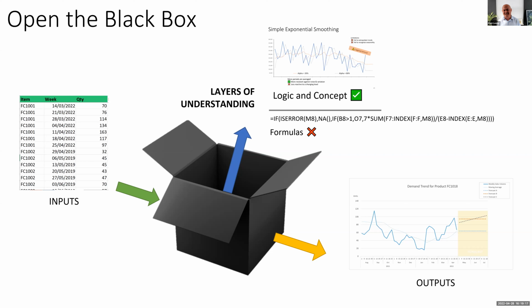But what I'm suggesting is that that's not enough. A lot of us have systems that perform a type of black box function, whether it be MRP, advanced planning and scheduling, or anything else. In many cases, the answer isn't trusted because the people who use it don't know exactly how the computer has got to the result that it's come up with. So I'm going to propose that we take the same approach of looking at inputs, process, and outputs, but we go one step further. We open up that black box and we have a look a little bit at the